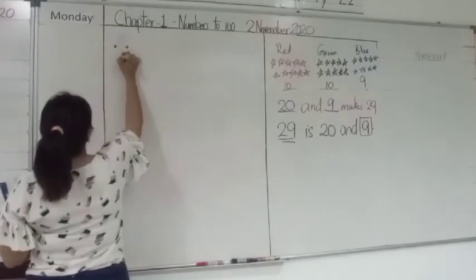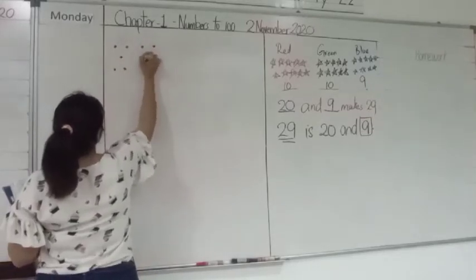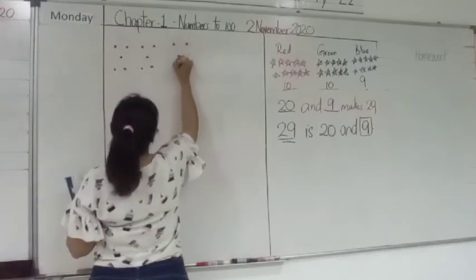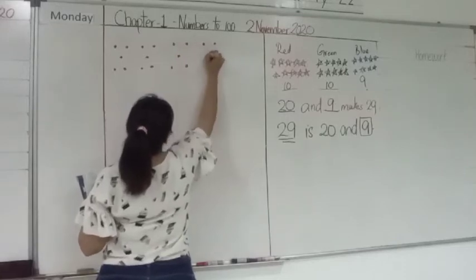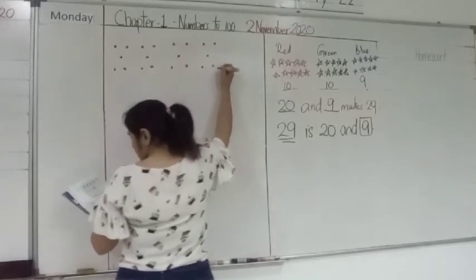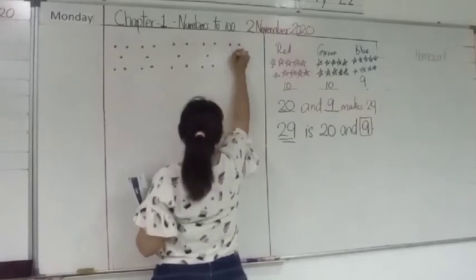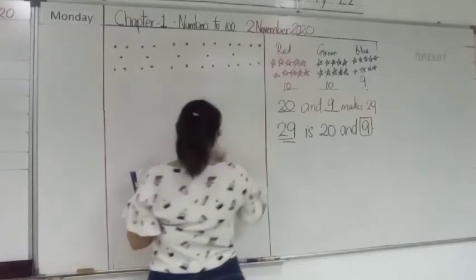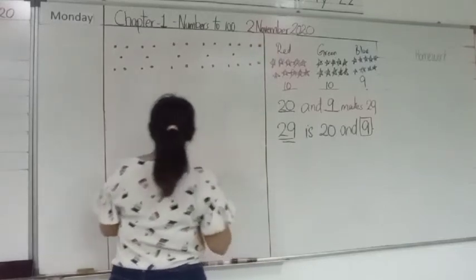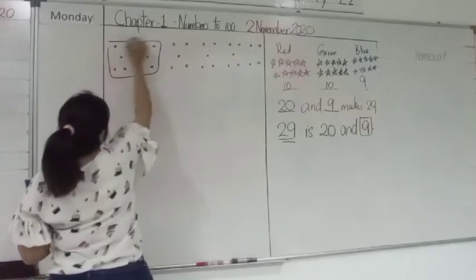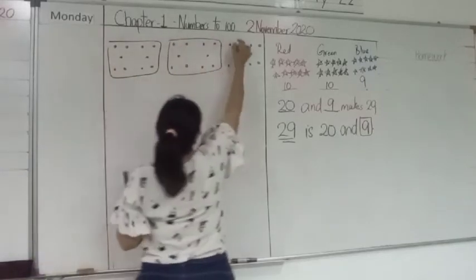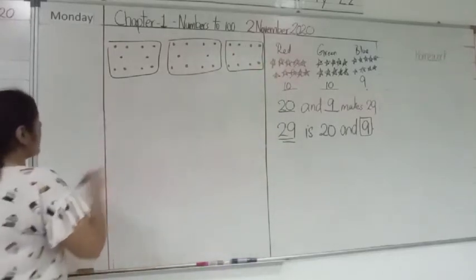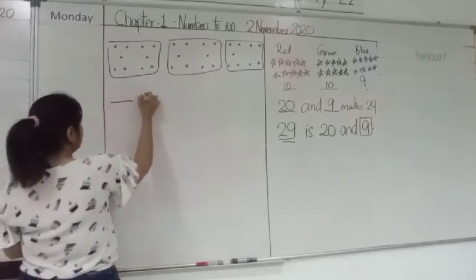Okay, 1, 2, 3, 4, 5. Here as well, 1, 2, 3, 4, 5. And here, 1, 2, 3, 4. Okay. What I'm doing here, I'm going to explain to you now. This is the first box. This is the second box. And this is the third box. Now the question here is, dash is 1 more than